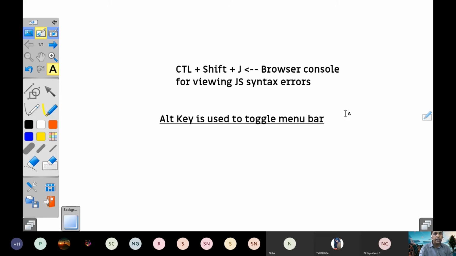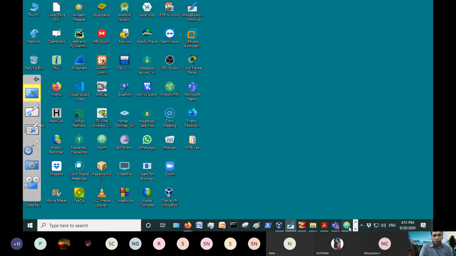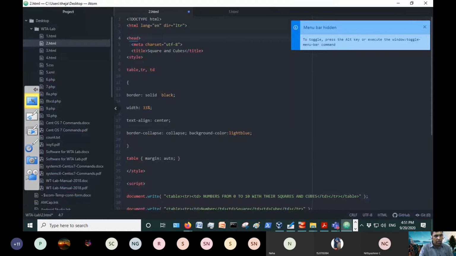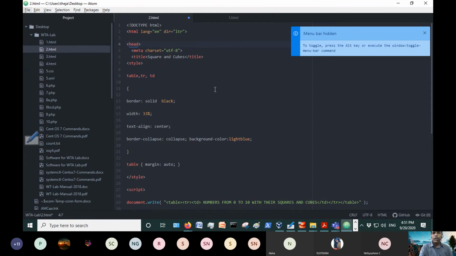The Alt key is used to toggle the menu bar. That means if your menu is not visible, like right now, press the Alt key and the menu will come.